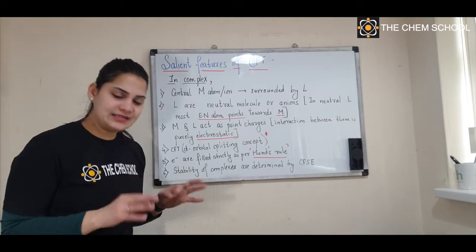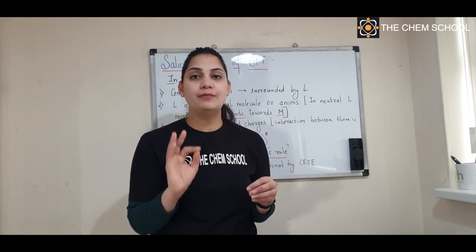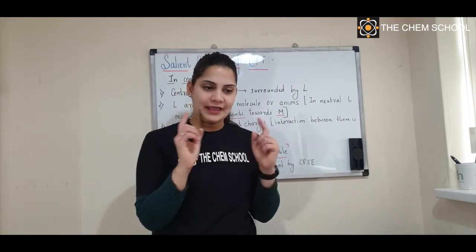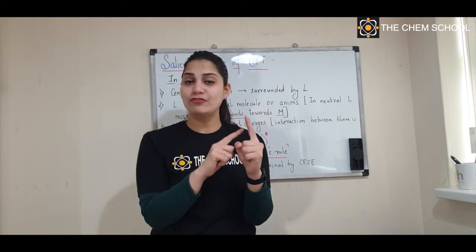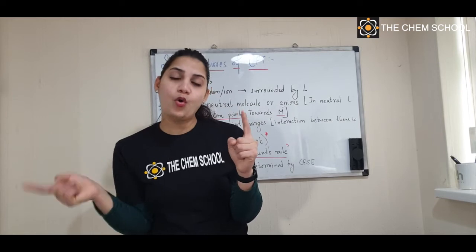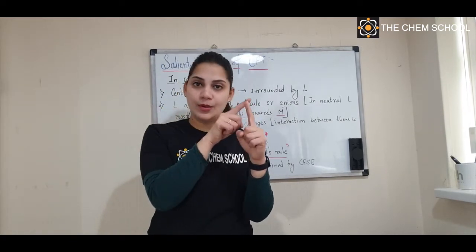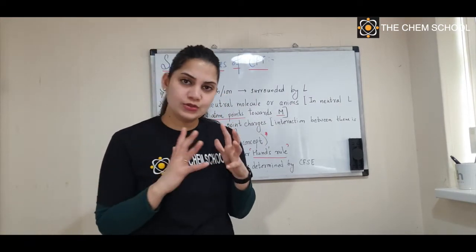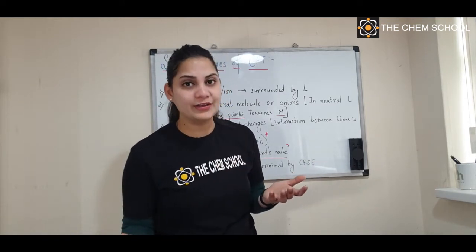Next one, it says that the filling of electrons in t2g or eg is strictly based on Hund's rule. It means that if you have orbitals, let's say only t2g, you still have to half fill them first, and only then can you do pairing. Or in eg, first do complete half filling of eg and then only you can do pairing. That is nothing but your Hund's rule. Without half filling, you cannot start the pairing of electrons.